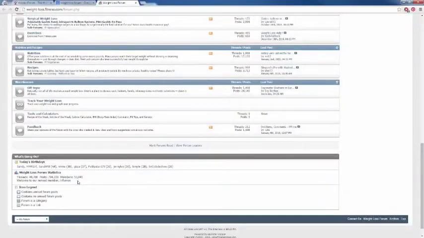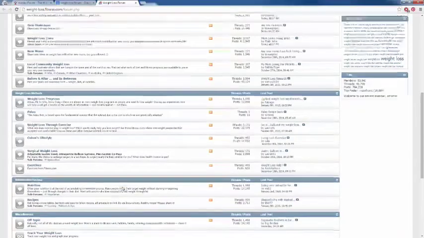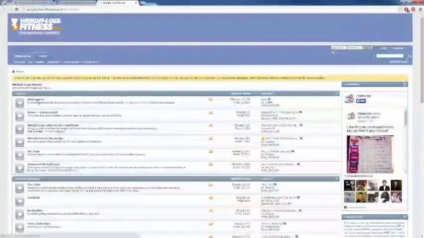So this is all great news so far. I'm going to scroll all the way to the bottom here and see if they tell us how many members they have. We can see they have over 53,000 members, almost 54,000, almost 800,000 posts. So this is all good news. I'm going to open up this top forum here.